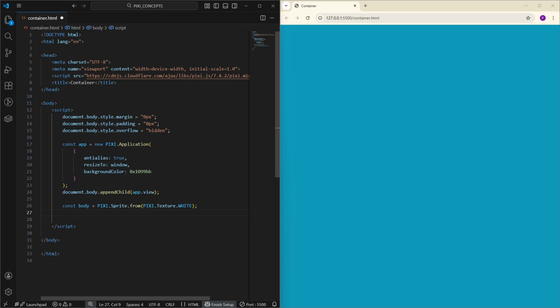Pixi.Texture.white. You might be wondering, why aren't we loading a spaceship.png or just a character.jpg? Two reasons. First, I want to keep this tutorial simple. Loading images requires promises and async await code, which distracts from what we are trying to learn today. Second,